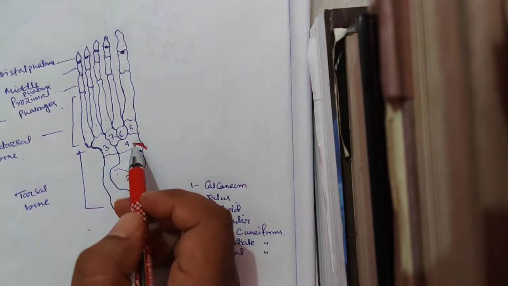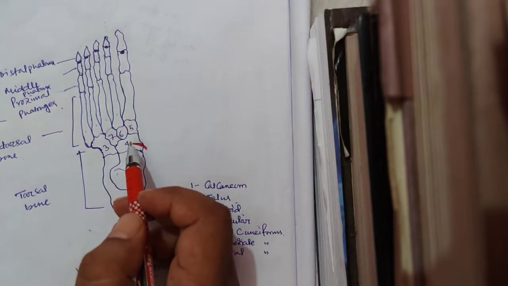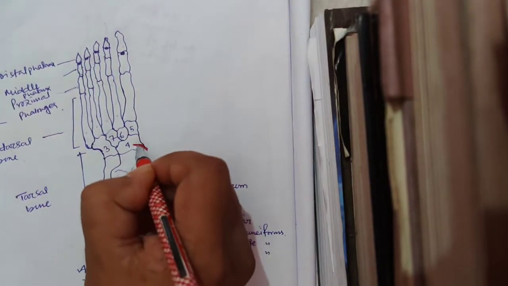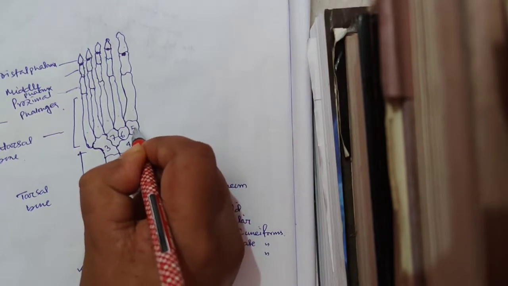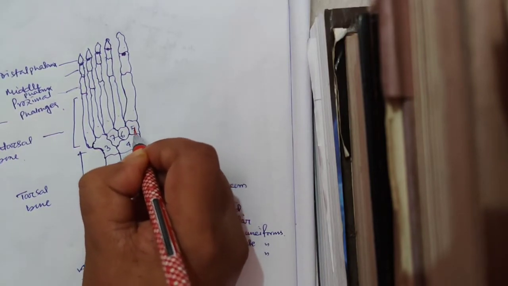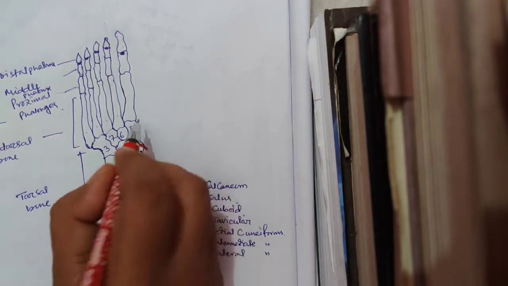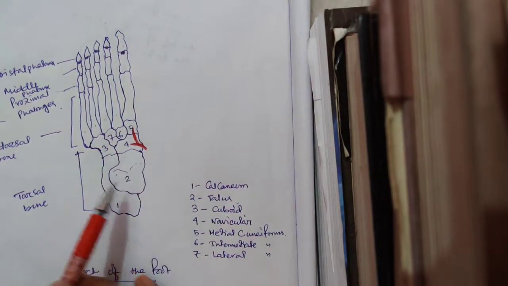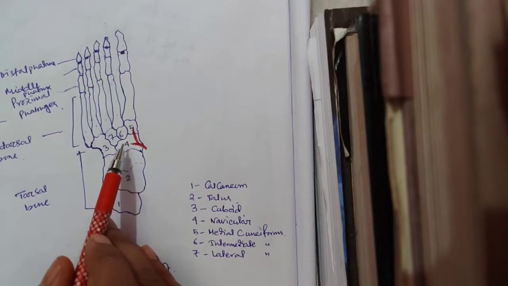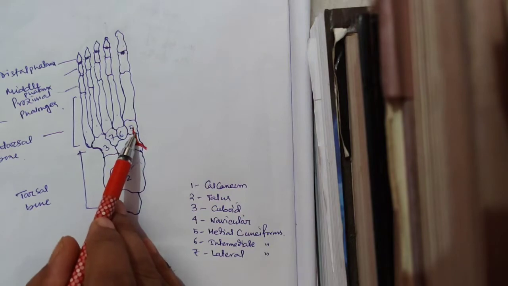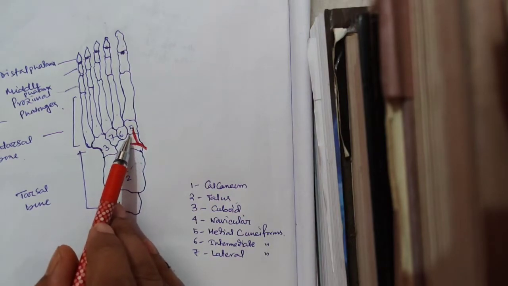Here it is inserted, and also the medial cuneiform bone. This is number 5, called the medial cuneiform bone. Like this way, the main two slips of the tibialis posterior muscle are inserted. One is into the tuberosity of the navicular bone, another is into the medial cuneiform bone, and other slips are inserted into